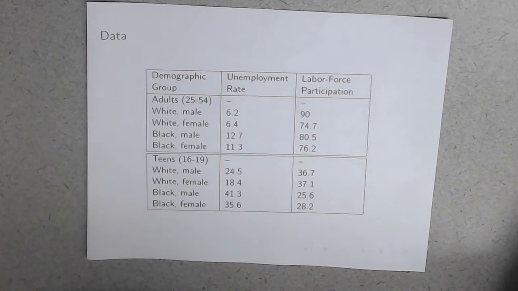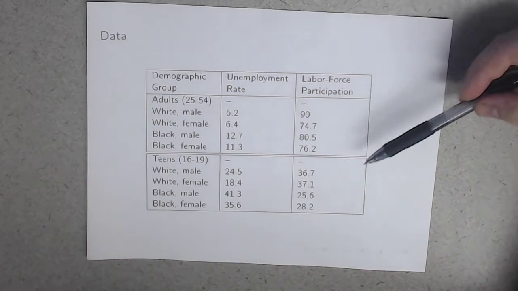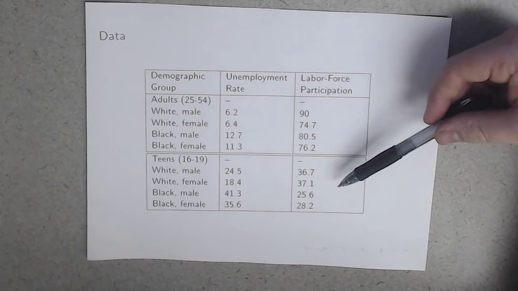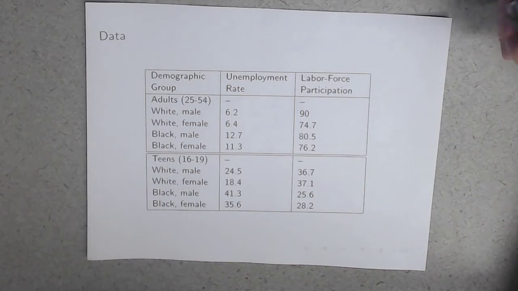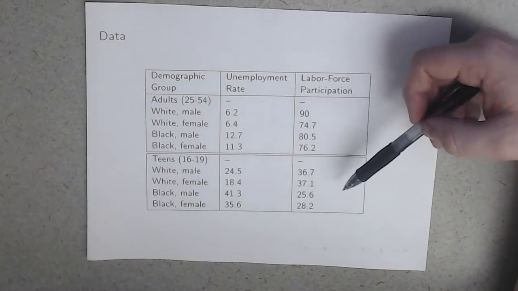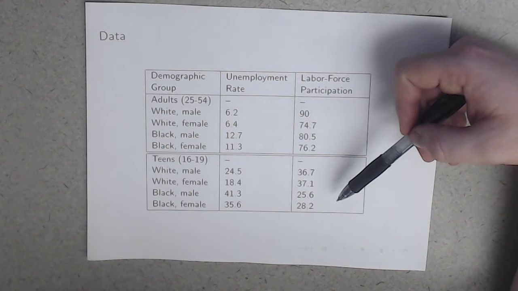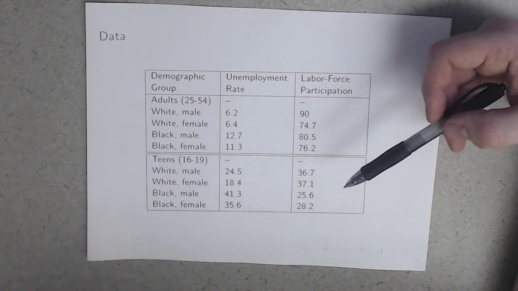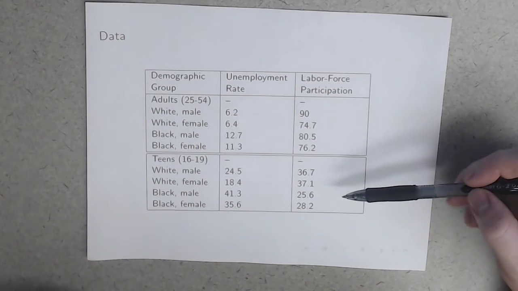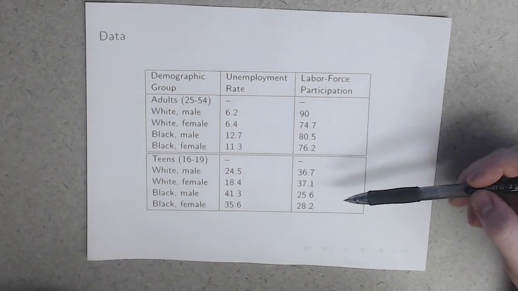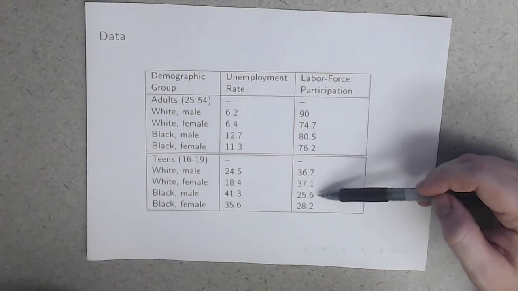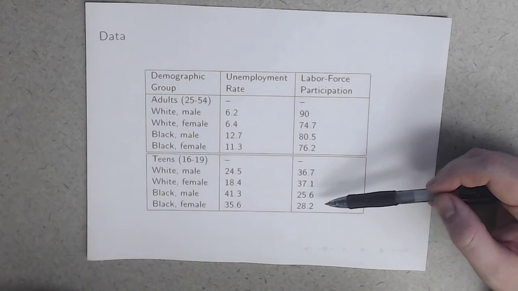So one issue that we might want to raise is, why is the labor force participation rate for children between the ages of 16 and 19 so low? One answer might be that they're in college, so maybe this is only capturing the 16 and 17-year-olds, and so this is ignoring the 18 and 19-year-olds that are in college. But it seems like these numbers still seem pretty low for just that.